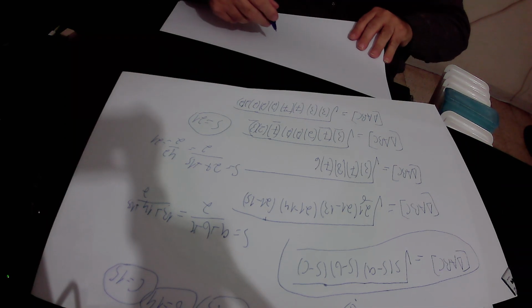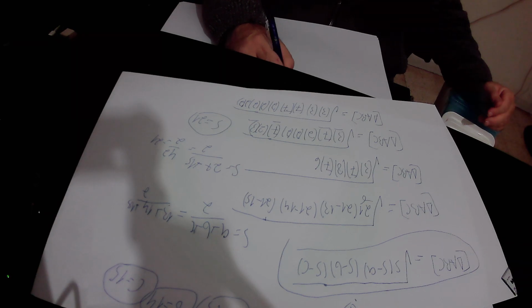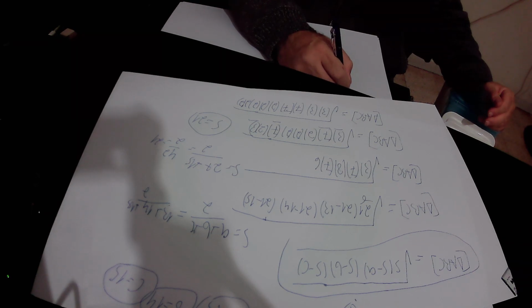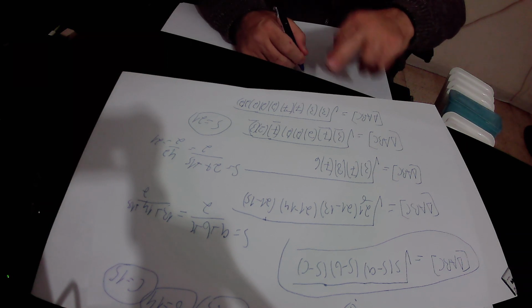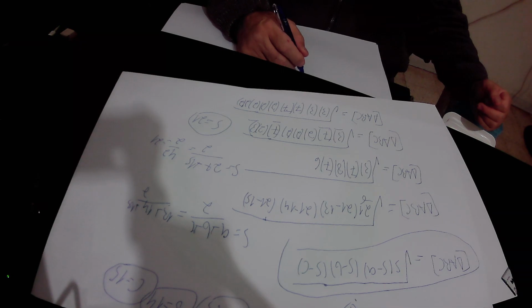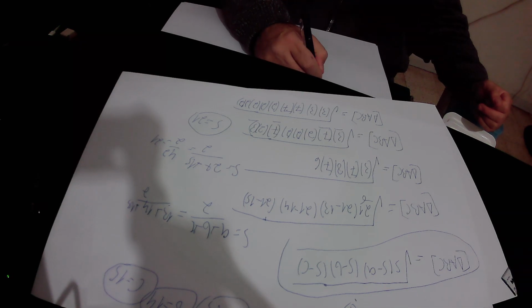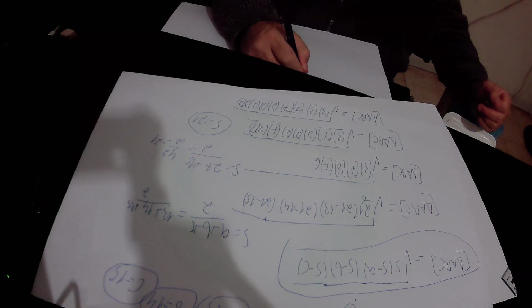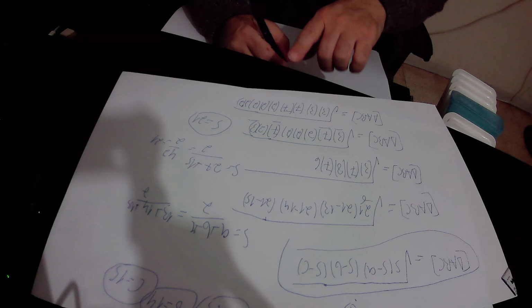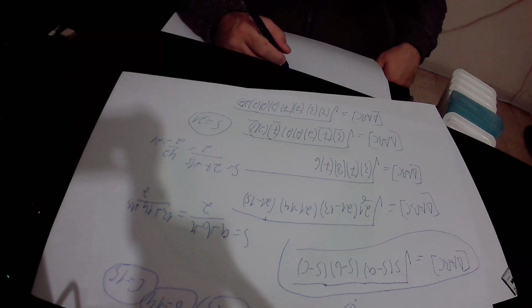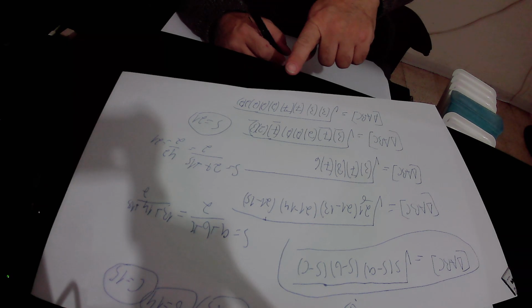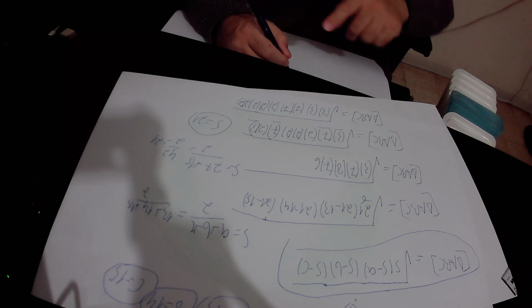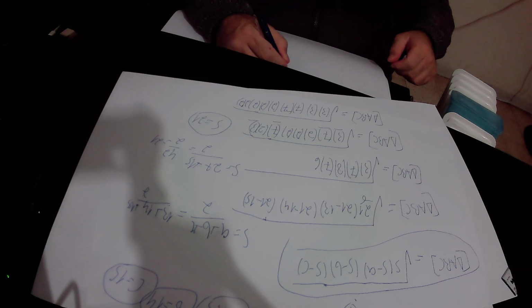So the area of triangle ABC is equal to the square root of 3 times 3 is 3, times the square root of 7 times 7 is 7, times the square root of 2 times 2 is 2, and times the square root of 2 times 2 is 2. So in conclusion, I found out actually